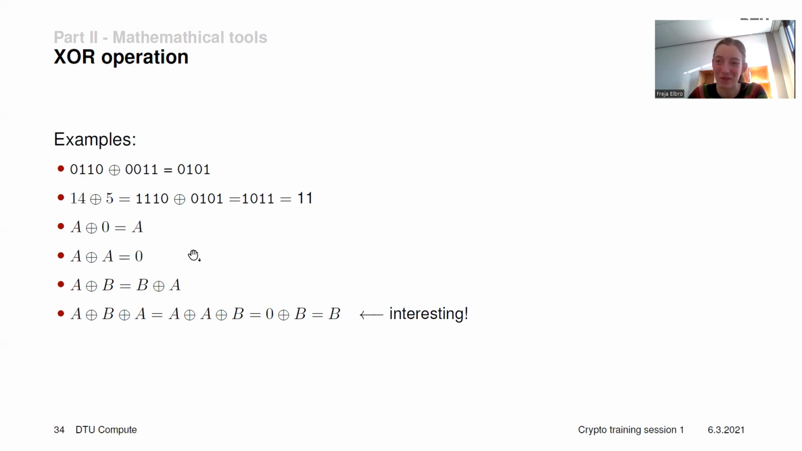So I gave you some rules, and these rules add up to something that we can use. So if I have a string and I XOR it with another string, and then I XOR it back with the first string, then first of all,